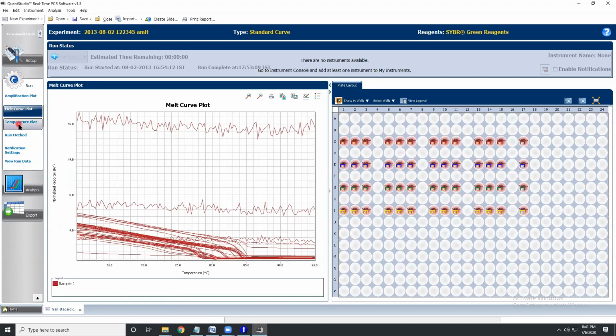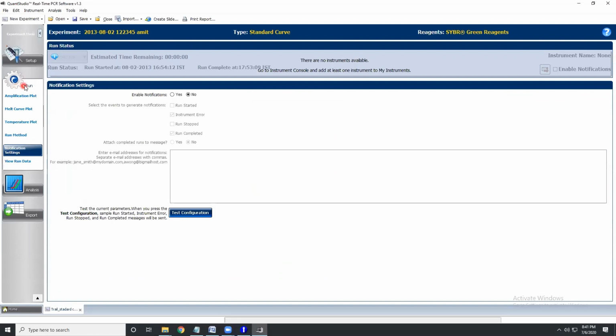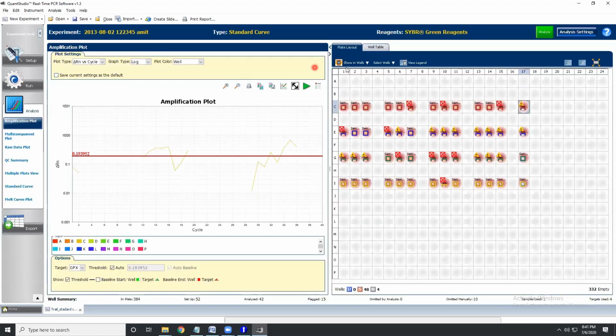Now, after you've done the setup, you will see that in the run, you have several plots, right? You have the melt curve, you have the temperature plot, and so on. So let us not go into the run. We will directly go into the analyze. You select in the corner of this,